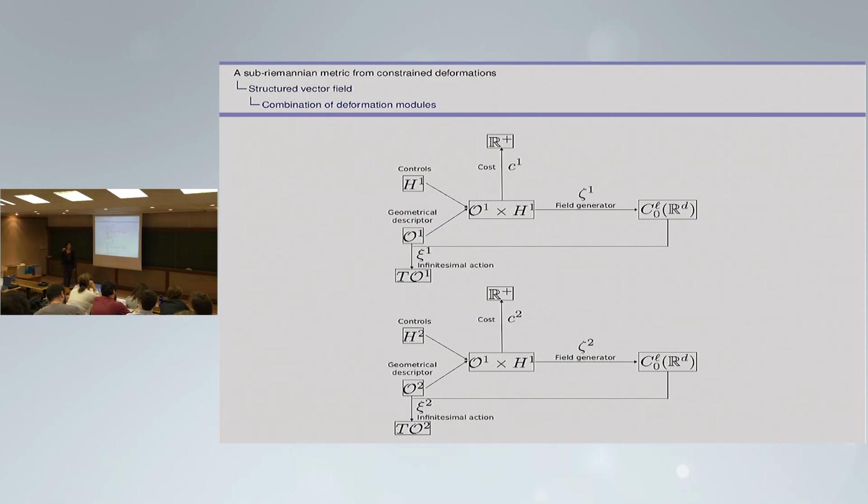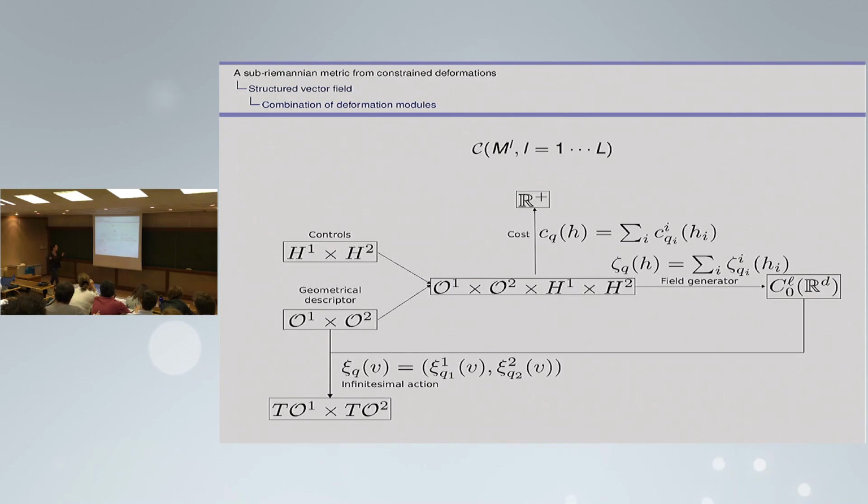So you can build a deformation module generating local scaling. And there is also a small translation or a local rotation or any kind of other deformation that you can imagine. There's an easy way to build a new deformation module that will combine the 2 priors. Combining means that you can have a local scaling and a local rotation. The satisfying way to combine these 2 is to allow a sum of local scaling and local rotation. So this is the way to define the combination of deformation modules.